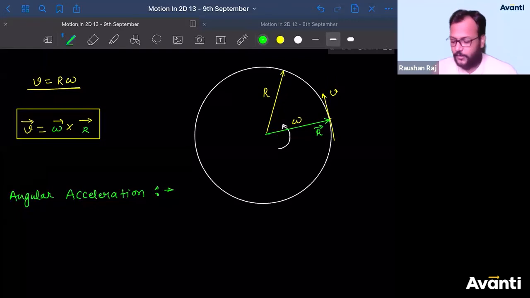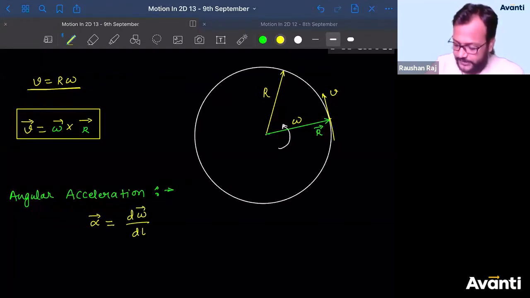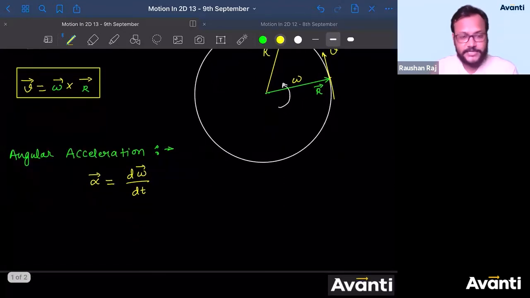Tell me, what is angular acceleration? How will you define angular acceleration? Come on, I need your inputs here. Yes, rate of change of angular velocity. Linear acceleration is the rate of change of linear velocity, so angular acceleration will be the rate of change of angular velocity. We denote angular acceleration as alpha. This will be written as d omega by dt. This is instantaneous